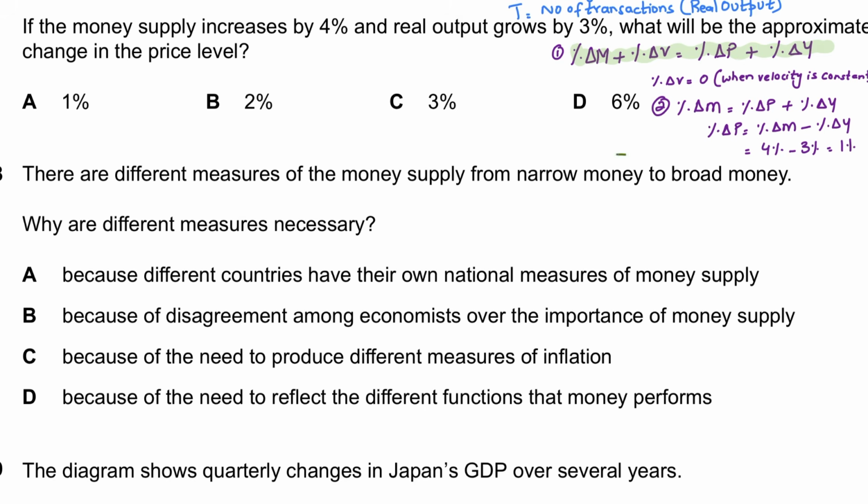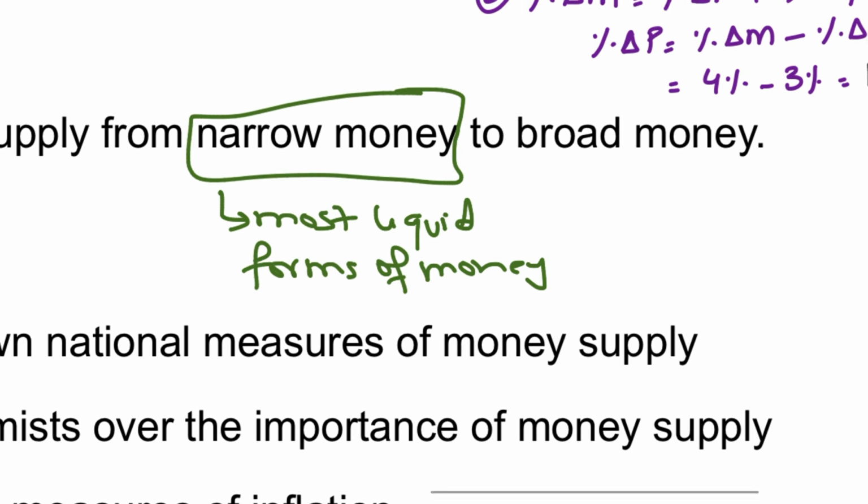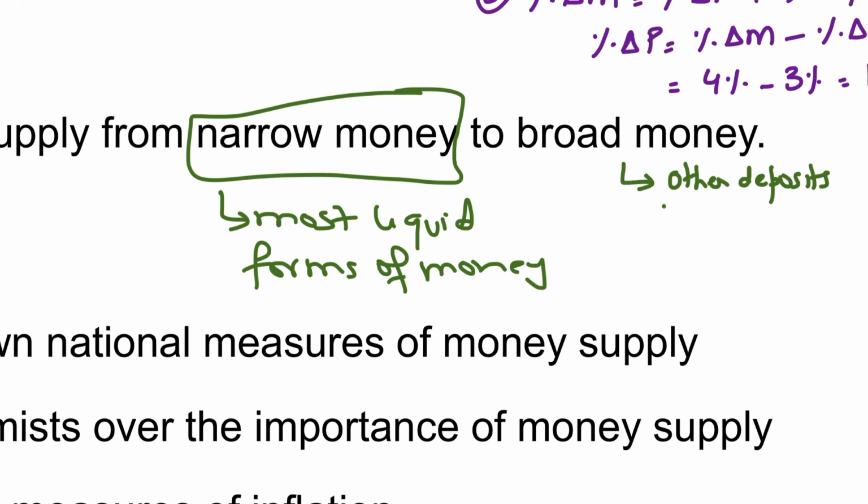So narrow money includes the most liquid forms of money. When money is in the most liquid form, you're actually using it as a medium of exchange. While broad money would include other deposits as well, and near money assets,